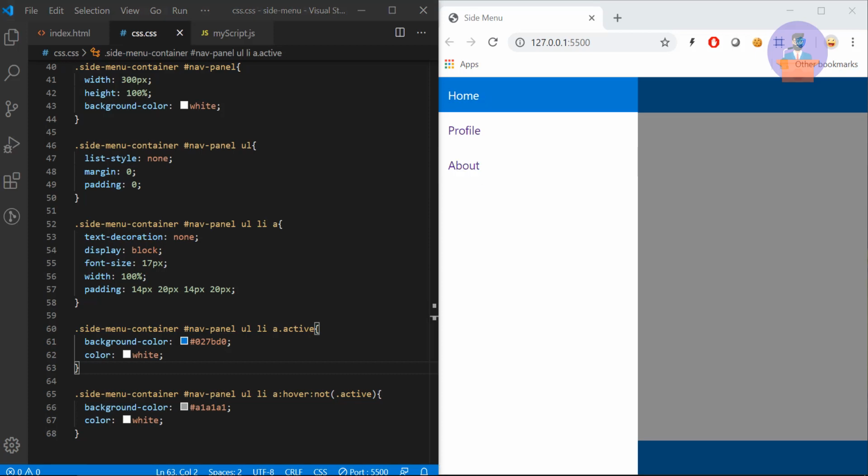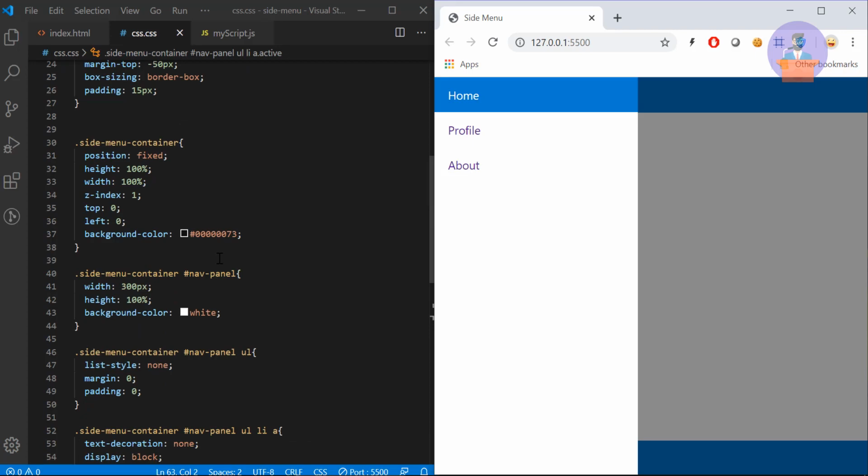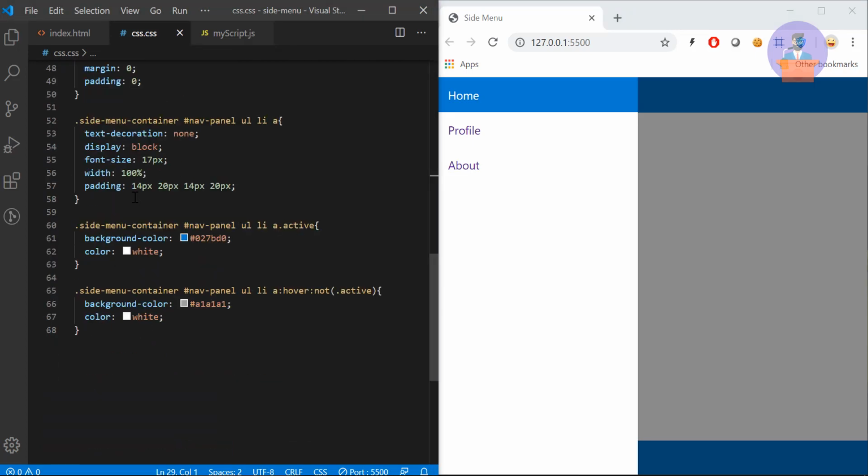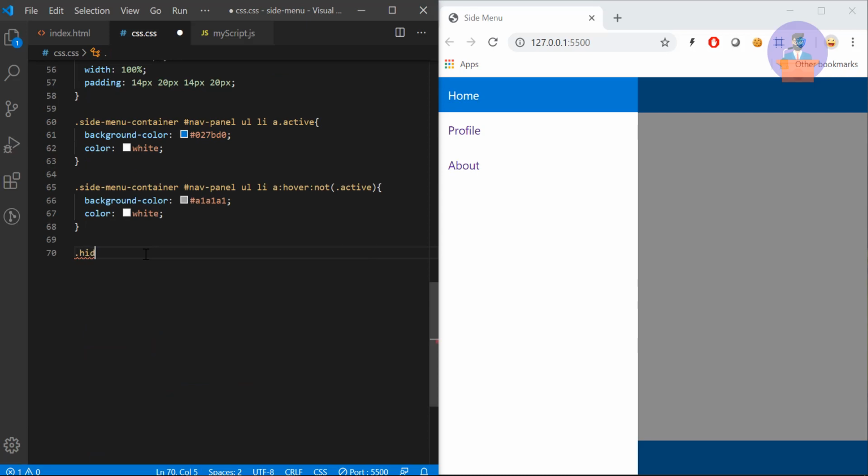So yeah, I think we are almost done with the CSS, but whenever the page is coming, by default this navigation is shown. So we need to hide it. So what we will do, we will add one more class which is hide side menu, and we will provide display none. Okay, now we also need to provide animation. Whenever we click on the button, this navigation panel should come from the left. So for that I will declare one more class, nav side animation.